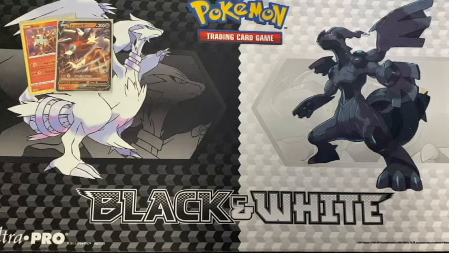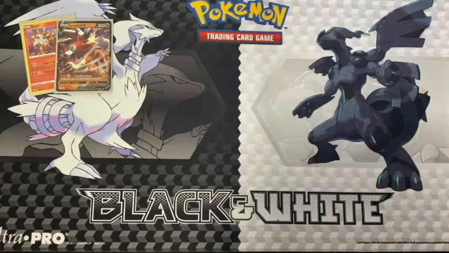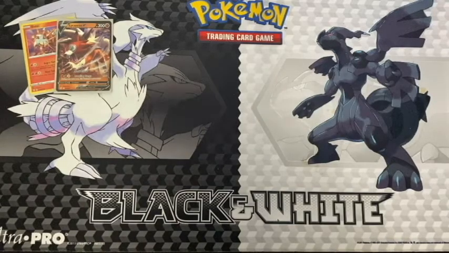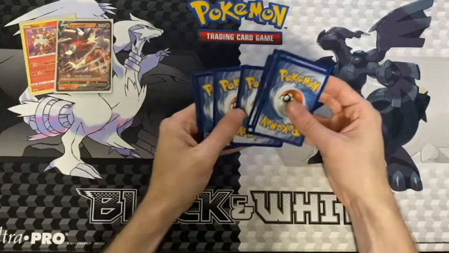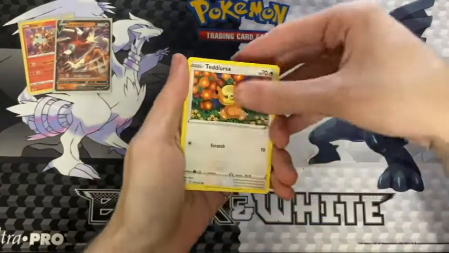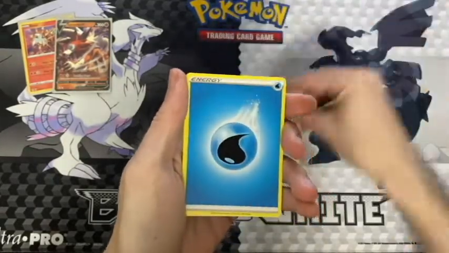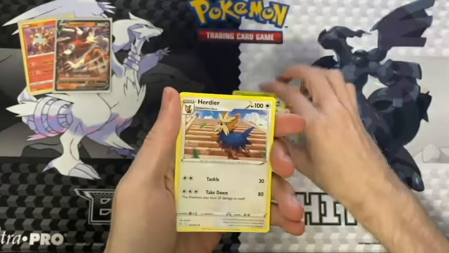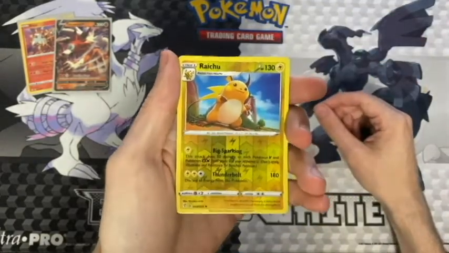It's actually a pretty decent card. Its ability prevents your hand from being affected by your opponent's supporters, so if you're worried about getting Marnied out of your game-winning hand, you might want to look into that Milotic, because that might help you out quite a bit. Teddiursa, Mareep, Zorua, Hoppip, Tentacool, Water Energy, Golduck, Herdier, Scroll of the Fang Dragon, Reverse Holo Raichu, that